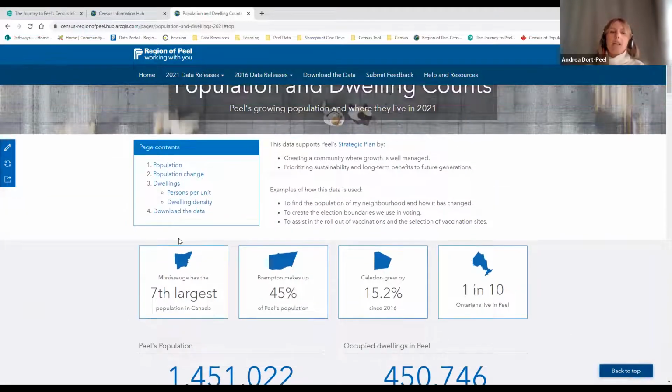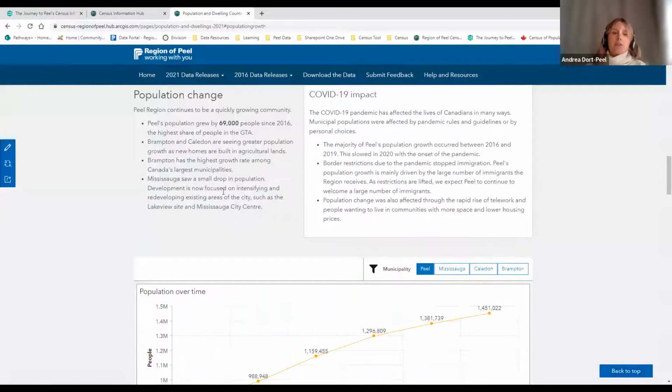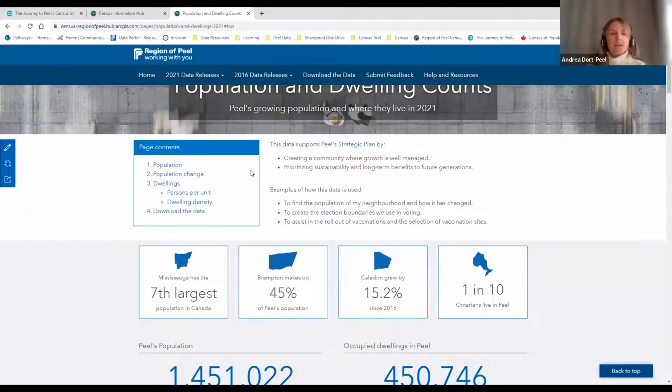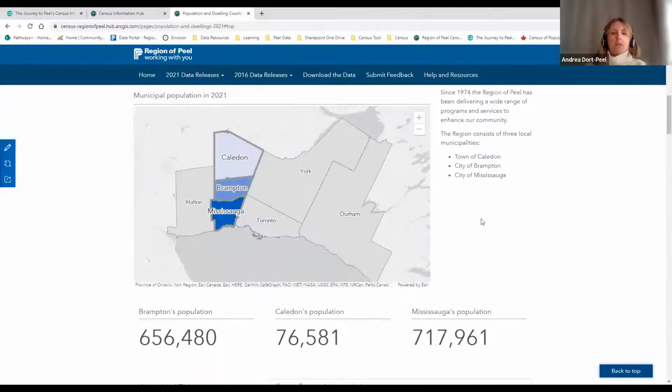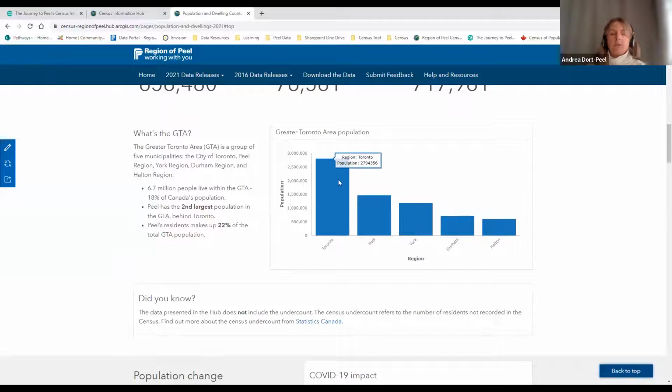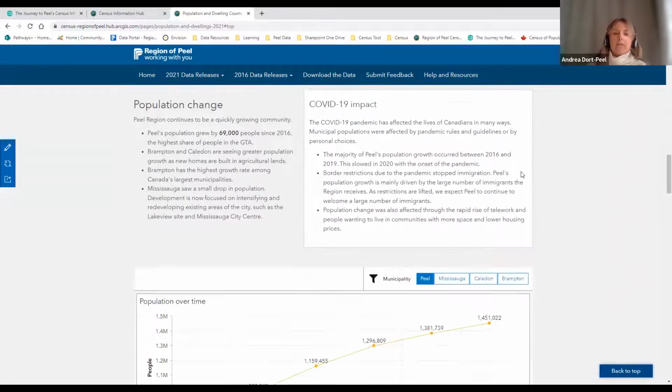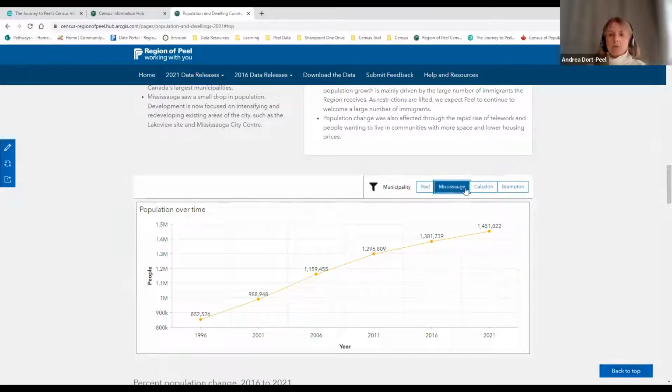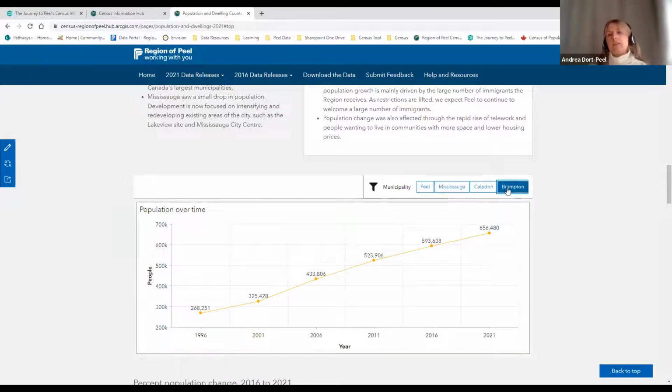We have the table of contents that allows you to jump to a section rather than just scrolling. And then we always have this back to the top button that brings you back to the top. Throughout, I mentioned these built-in graphs earlier, so we do try and use those as much as possible in order to keep the page quicker. But then we also have the dashboards that add that additional interactivity